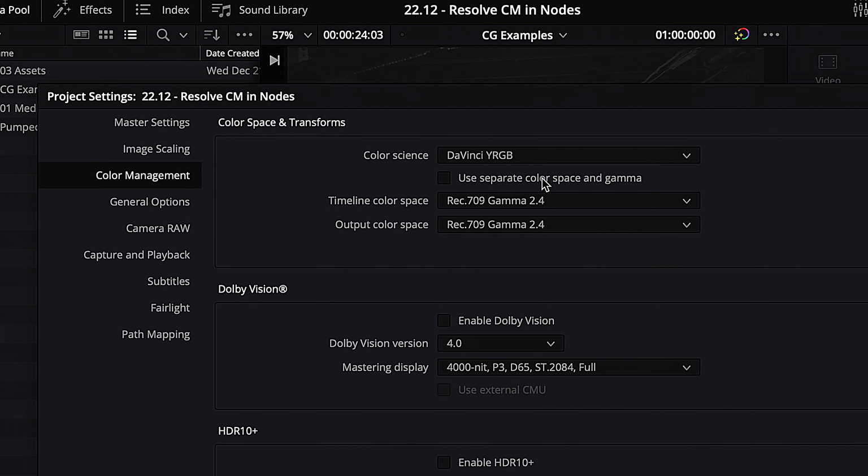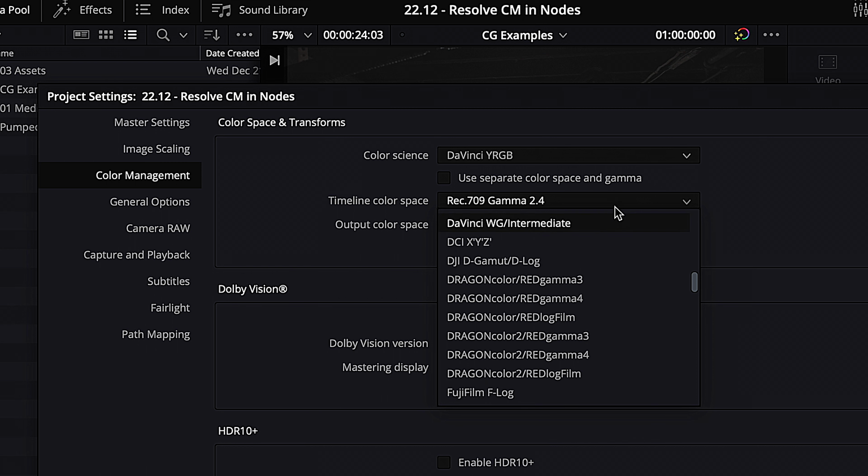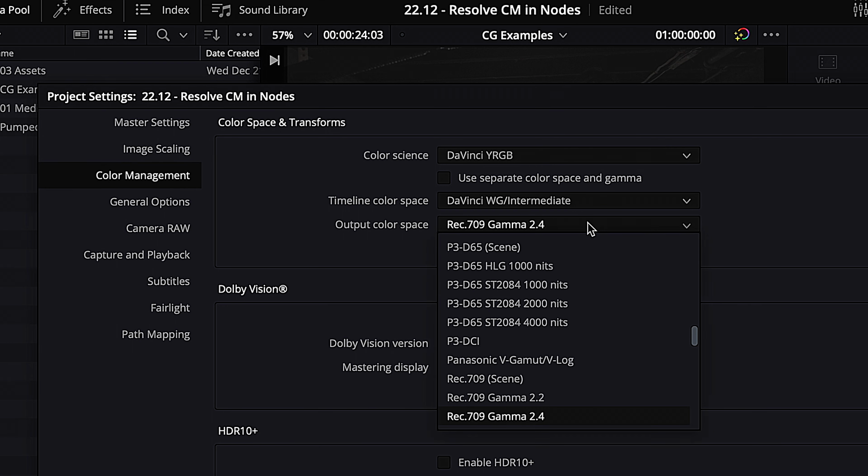We will leave Use Separate Color Space and Gamma unchecked. For timeline color space, we're gonna choose Davinci Wide Gamut, Davinci Intermediate. This is a really robust working color space for us to use. We can map all of our footage to this one unified timeline color space and work from there in a very broad color space. We're not choking our footage by converting it to Rec 709. We can do all of the grading and adjustments we want to make in a very large and broad color space. So Davinci Wide Gamut Intermediate is on deck here, and then for output color space, we're going to choose